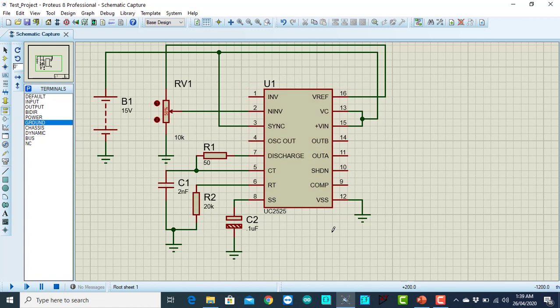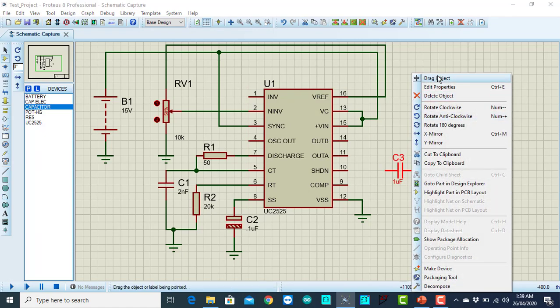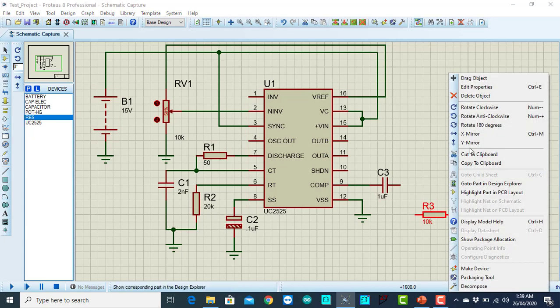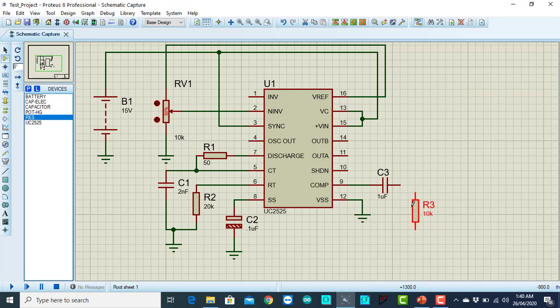So what else is remaining? The compensation network will have a capacitor. So I'm going to connect the capacitor with this pin, and then a resistor, and then I will connect with this capacitor.